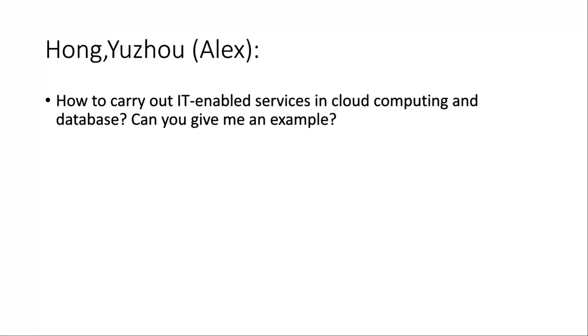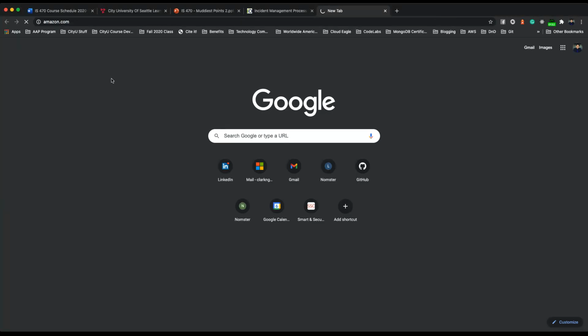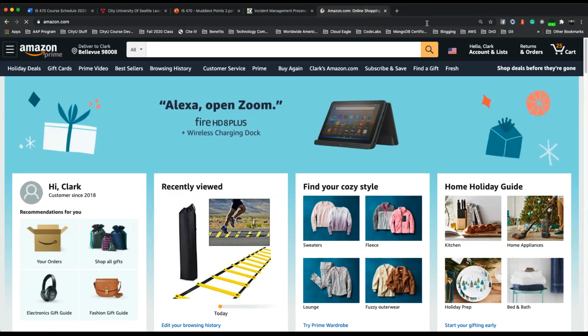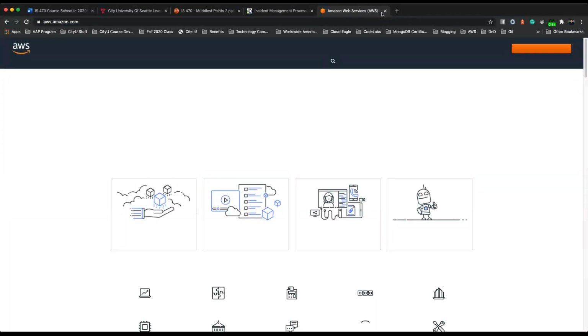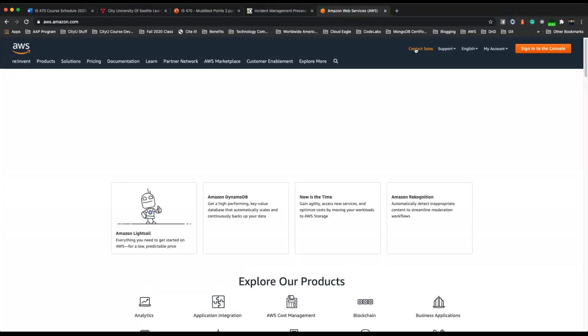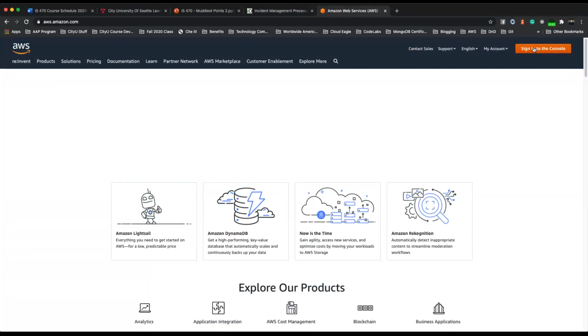How to carry out IT enabled services in cloud computing and database. Can you give me an example? So this one I can quickly show, right? So let's say Amazon, and not this Amazon, sorry, AWS.